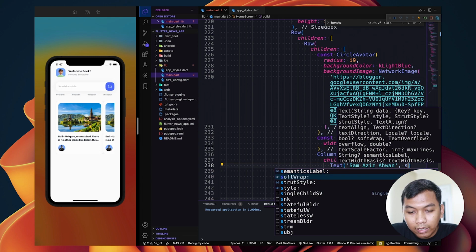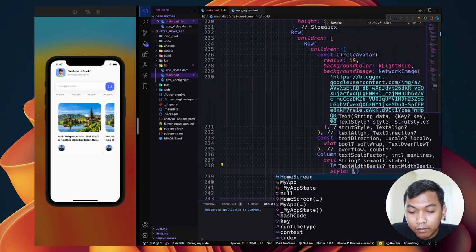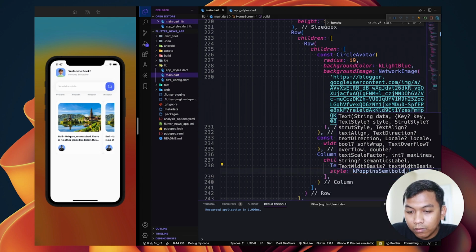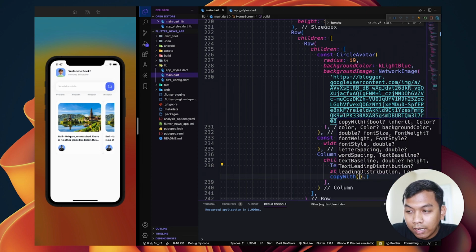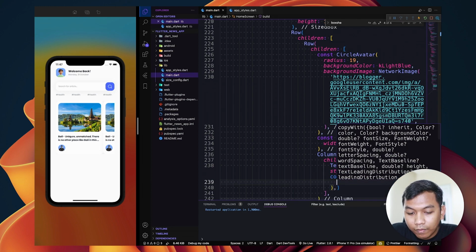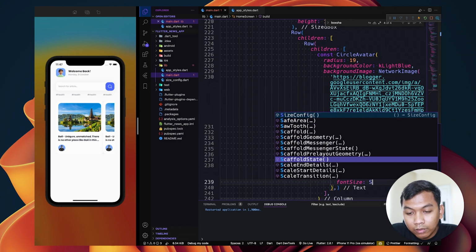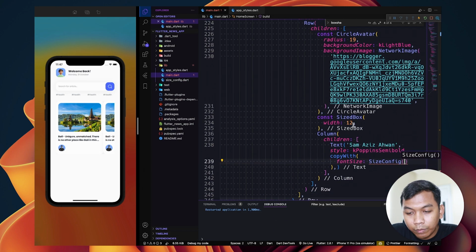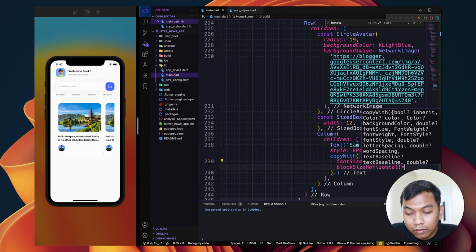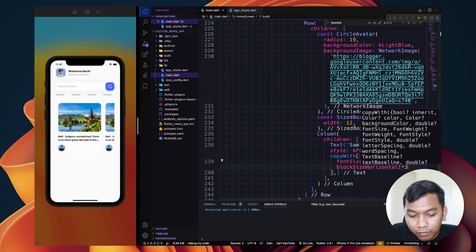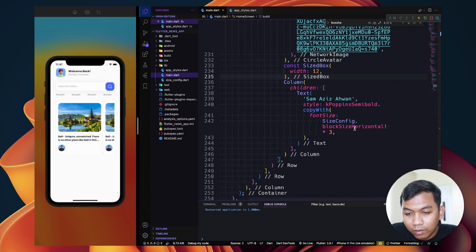And for the style we will have semi-bold and change the color, not the color, the font size should be just 3. Looks like this.